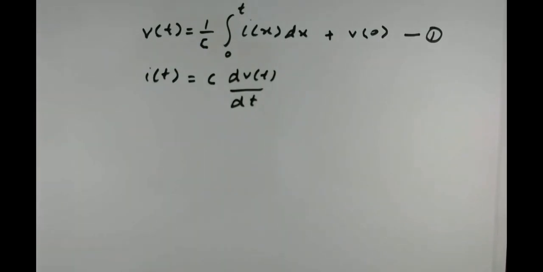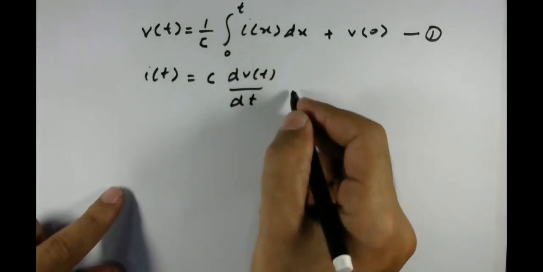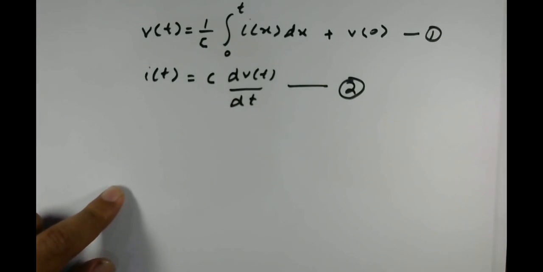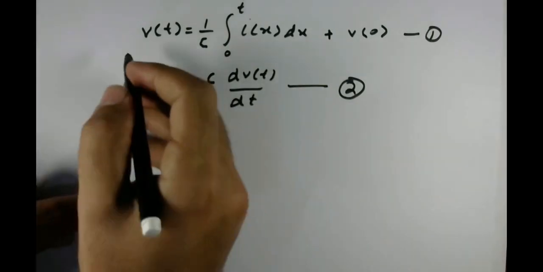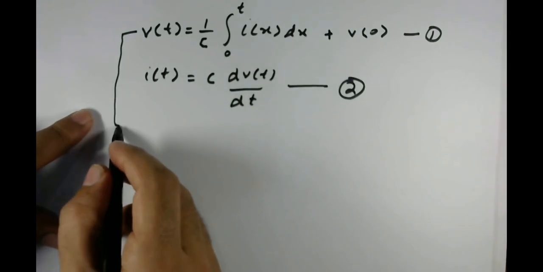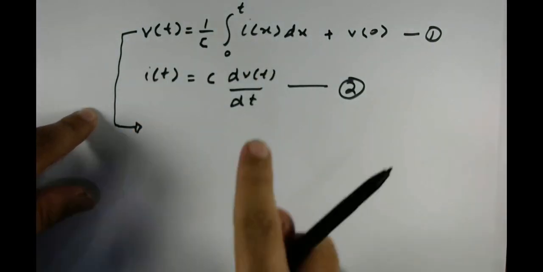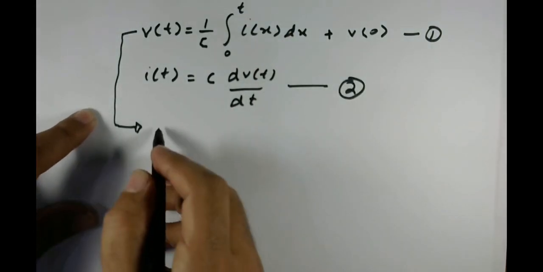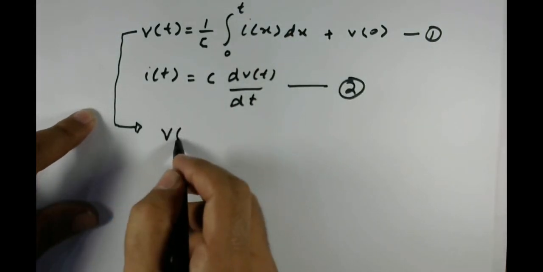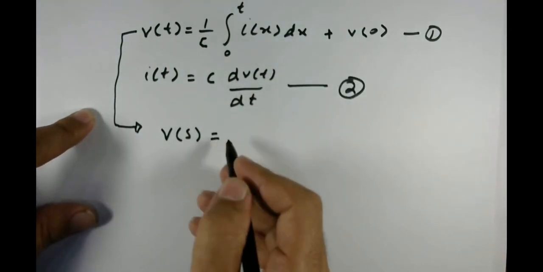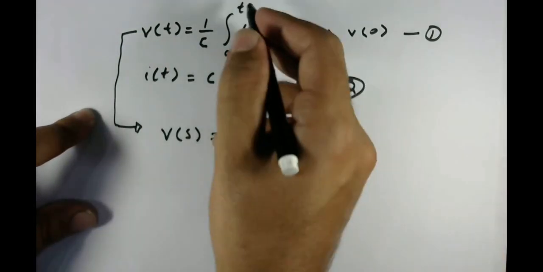Okay, and this is equation number 2. So let's find out the Laplace transform equation for voltage across capacitor. If you are given this equation, you can easily find out the Laplace transform equation for this equation number 1. So this will be V of s is equal to, you know that integral